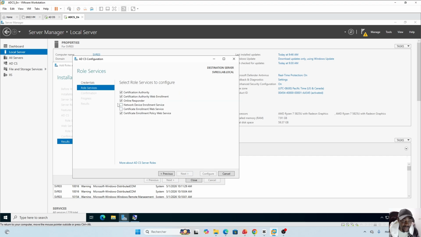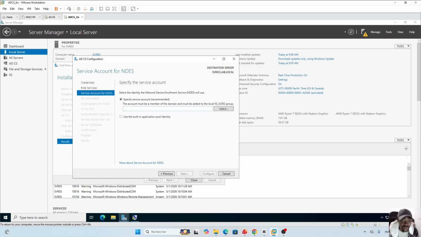Here, as you can see, the other 4 roles are already configured. So all we need to do here is to select the 2 other roles. I'll select these 2 roles, then hit next. Here also we need to make sure of the account that we are using, so specify service account. Make sure the account we specify here is the account that is going to be used for network device enrollment services. We need to make sure the ADCS account that we used previously is also part of this